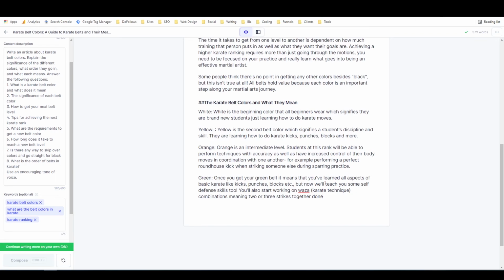Teach you some self-defense skills too. You're also starting working on waza, karate technique combinations, meaning 2 or 3 strikes together done in sequence. Belt is where truly